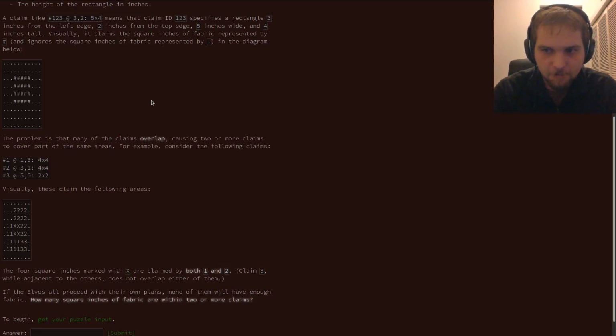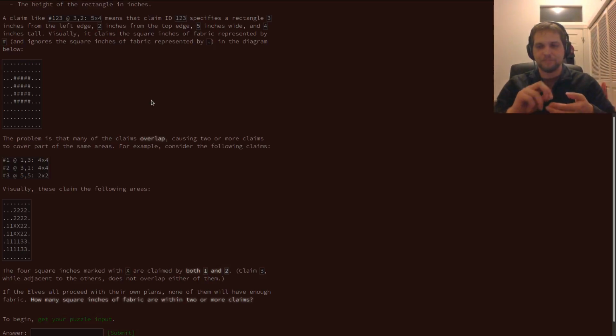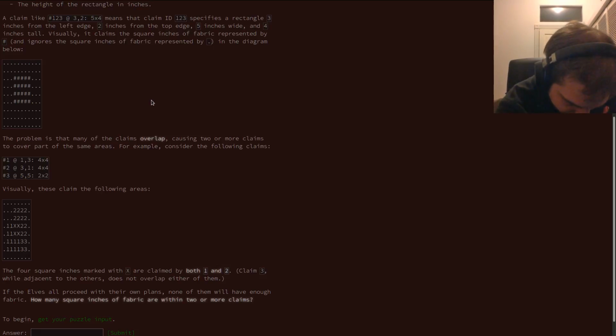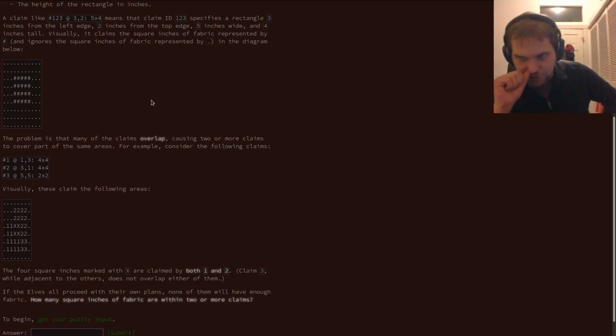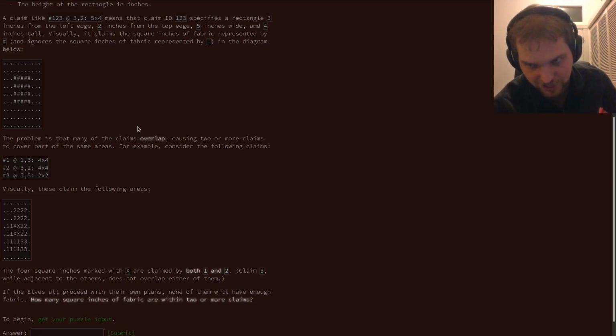Okay, let's do this with, okay. I think we can actually do this in a very interesting way. Instead of keeping an entire map full of all possible things, since we don't know the size of our vector,